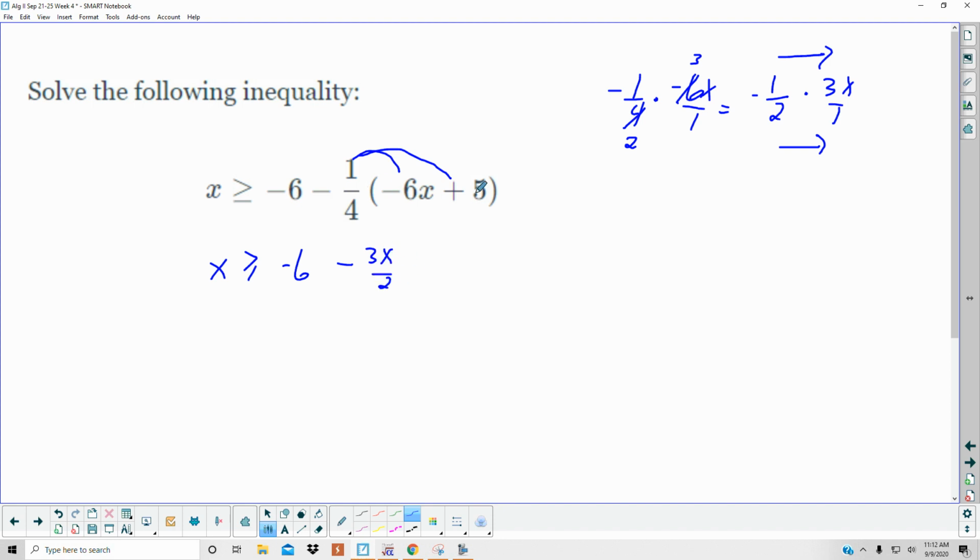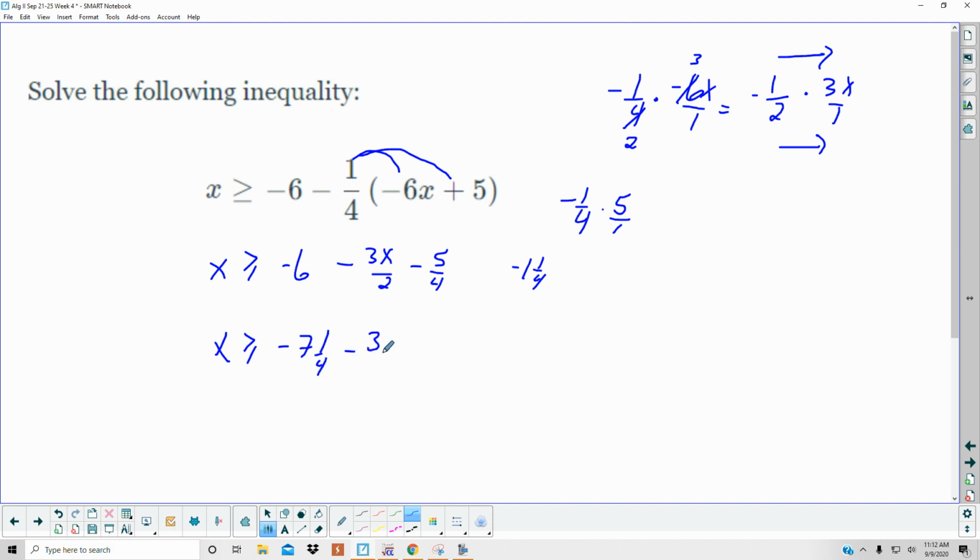Now the -1/4 times 5. Nothing's reducing, so I have minus 5/4. These are like terms, I'm going to bring them together. -5/4 is like -1 1/4. I can do that in my head because it's a mixed number with the 6. So I have x greater than or equal to -7 1/4